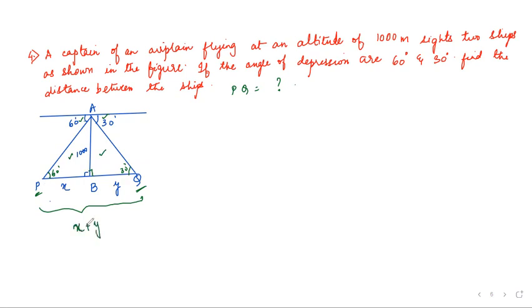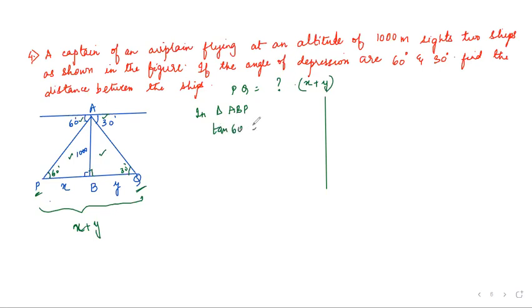That means X plus Y is to be calculated. So to find x plus y, you need to find x and y individually. So here clearly we have two right angle triangles, ABP, ABQ. So we will just construct both of them. We will consider both of them and find out. So firstly, let us consider in triangle ABP,